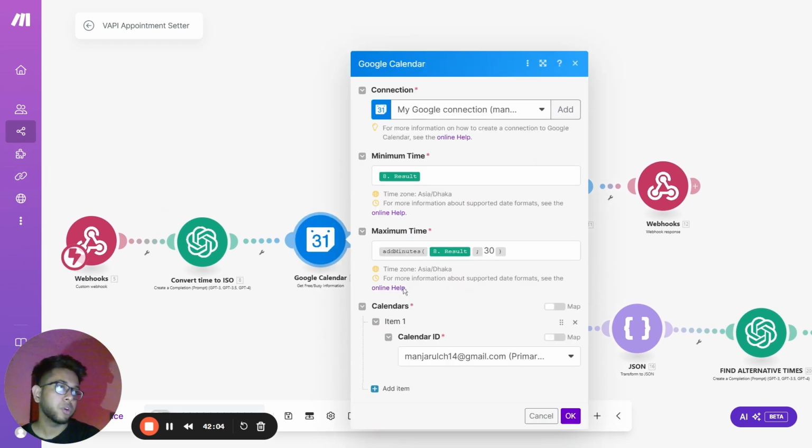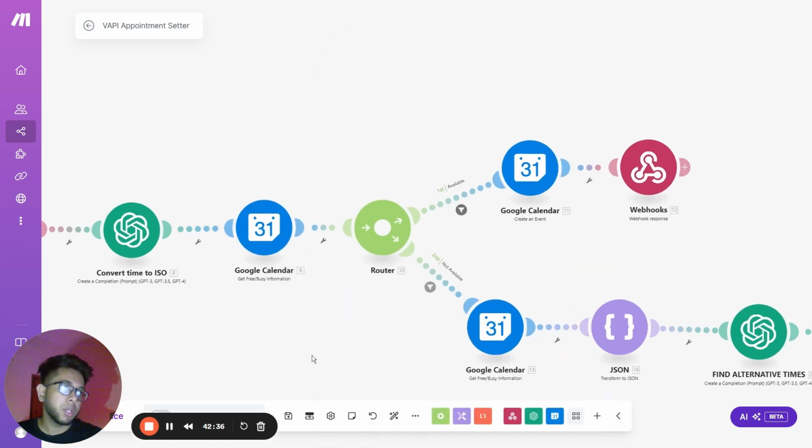And then if you head over to Google Calendar, this is the result which we will receive from this module. So for example, if it was 3 p.m., this module will be converting this date into ISO format. And if you're wondering why we're converting this information into ISO format, it's because when it comes to date and time, Make only handles this information in ISO format. So yeah, it's important that we actually convert this data accordingly. Now this is the admin, so basically the duration of the meeting, how much is going to be